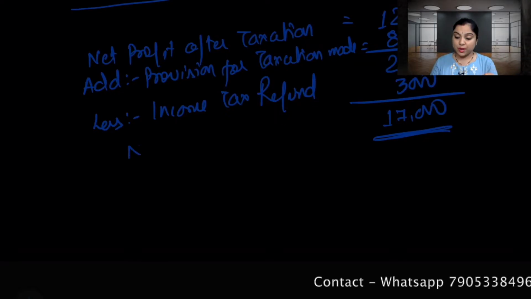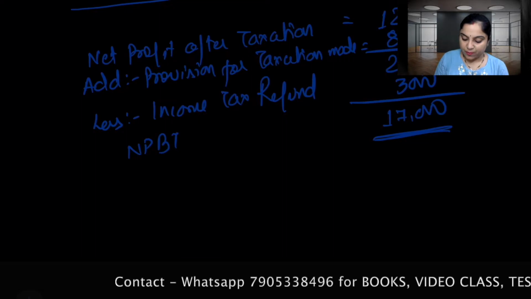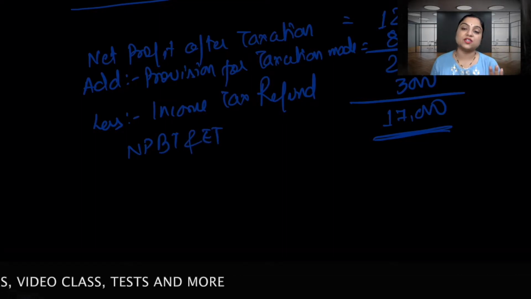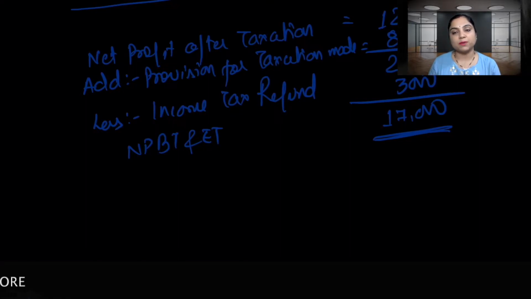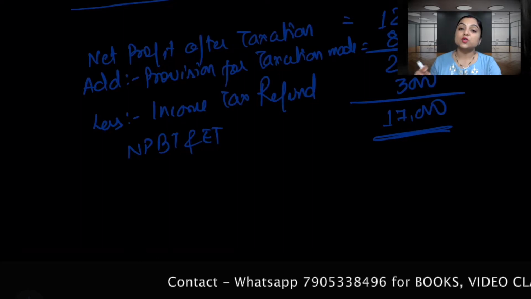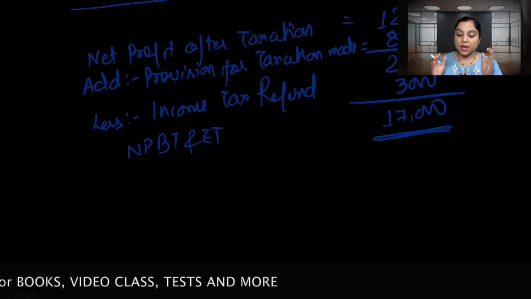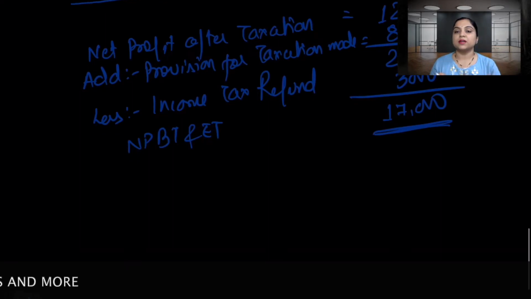Before tax, because we are going before tax. So net profit before tax and extraordinary item. I'm writing shortcut, please avoid it for the purpose of examination. Okay, so we have this much information as a part of working note, and it is advisable to do the working note on a separate page, as the requirement or the demand of the question. Okay, so let's prepare the cash flow from operating activity.